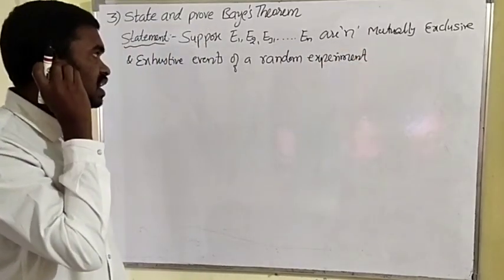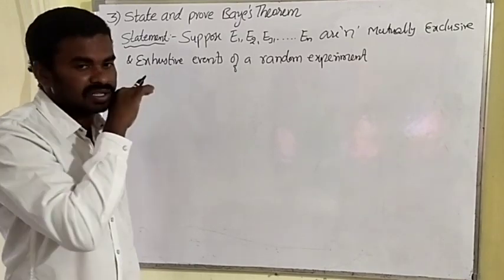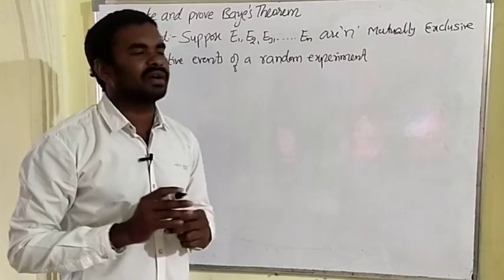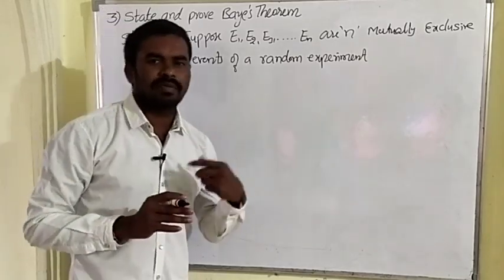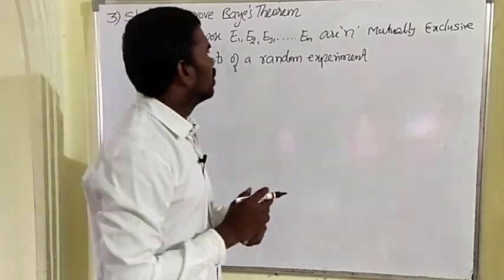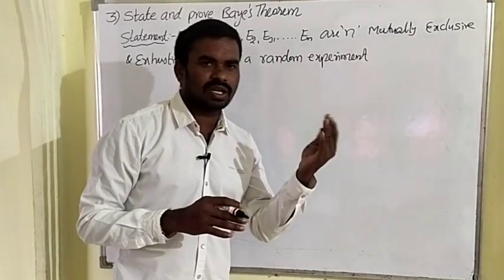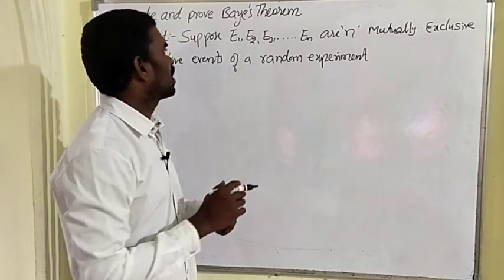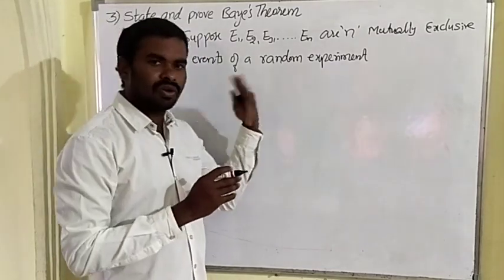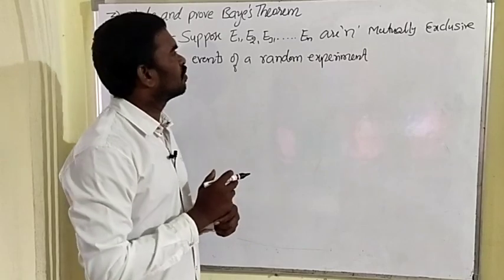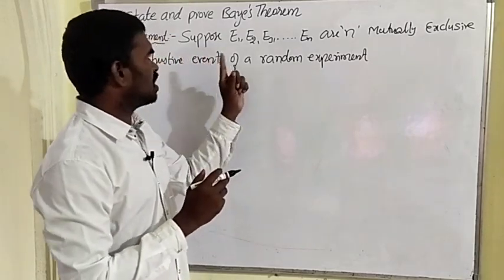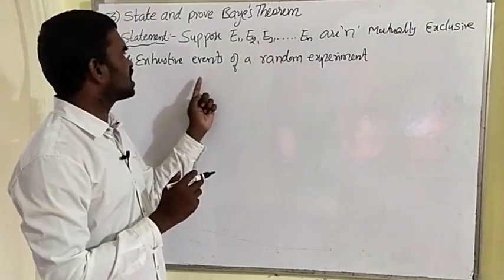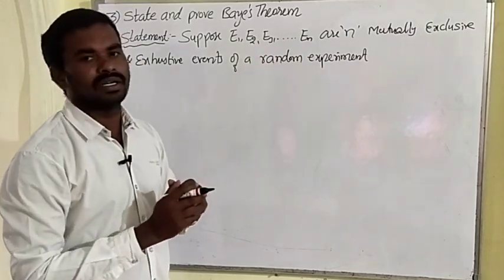Okay, very simply I will tell you. First write down the statement, we also have to learn it. For the statement 2 marks will be awarded, for the remaining proof 7 marks will be awarded. Sometimes they can ask in the question directly, they can give the statement and ask for the proof. So we have to know what is the statement and what is the proof. What is the statement? Suppose E1, E2, up to En are n mutually exclusive and exhaustive events of a random experiment